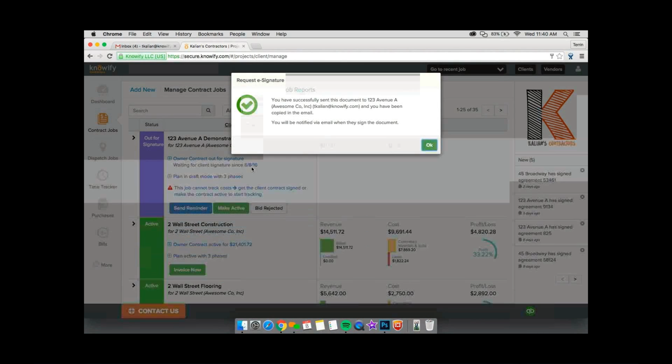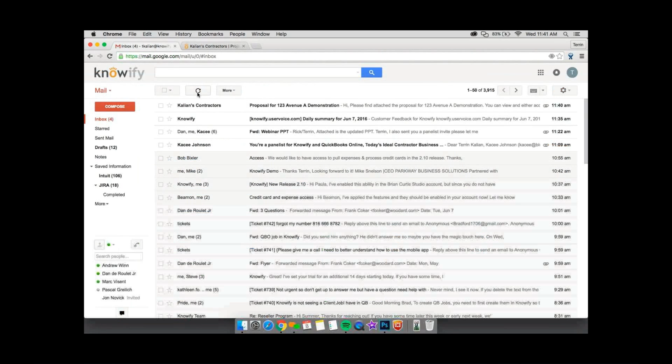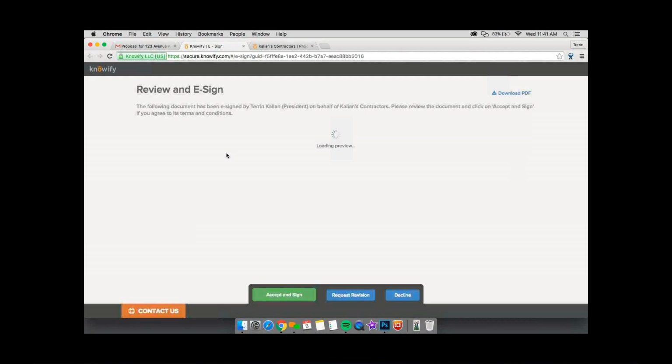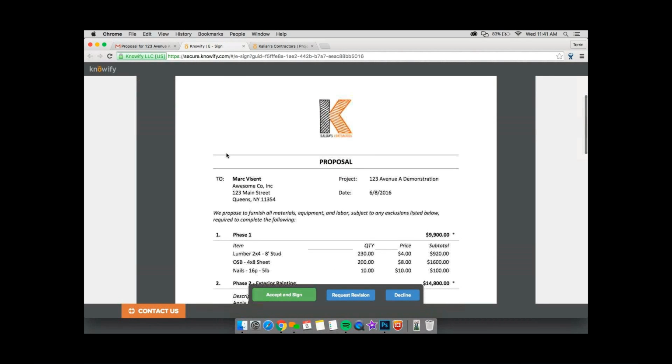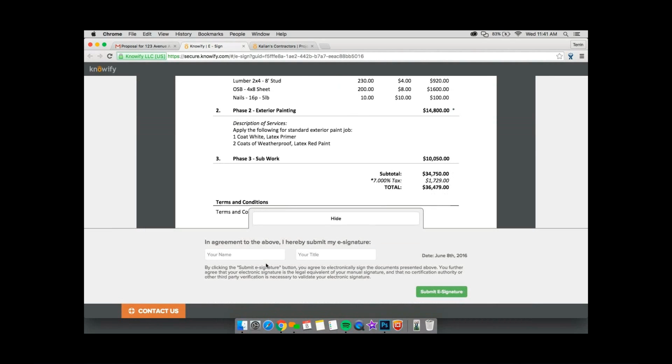And so here's my job. It's alpha signature. If they haven't answered in a while, we just added this send reminder button. Or if they just send you an email or called you, you can make it active or reject it on your own without having to do anything too technical. Client gets this email and it has your company name, the project name, and it has the link to sign the document. And so, they get to view whatever you're printing out here. They're so impressed with what you've done that,